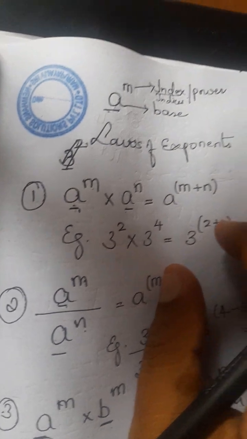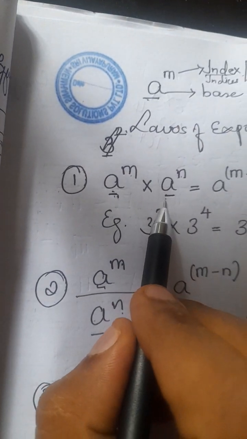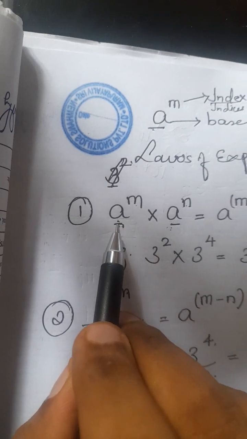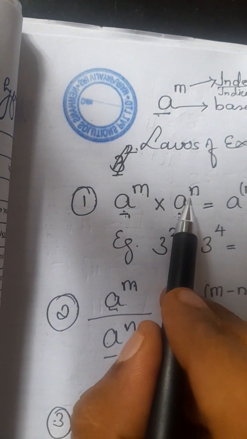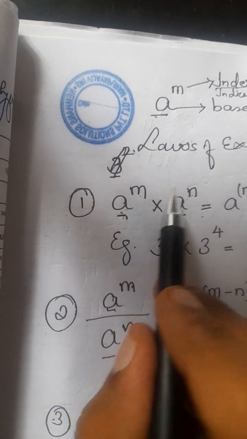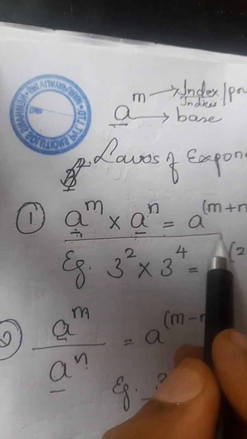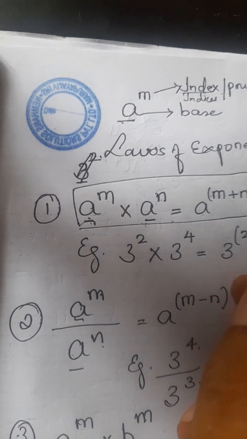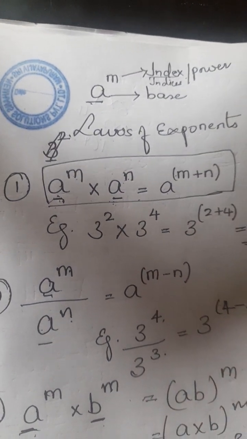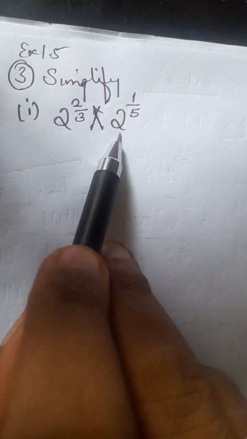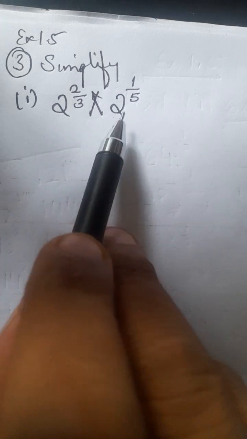Now from what we have learned, the laws of exponents, if the bases are the same, a to the power m into a to the power n is equal to a to the power m plus n, right? This is one of the formulas we have learned, and we will apply it in this particular sum. In this case, the bases are the same, 2 and 2. So this will be a to the power m plus n,